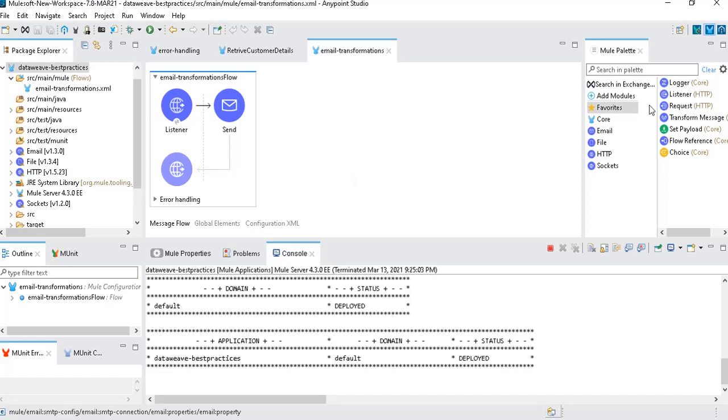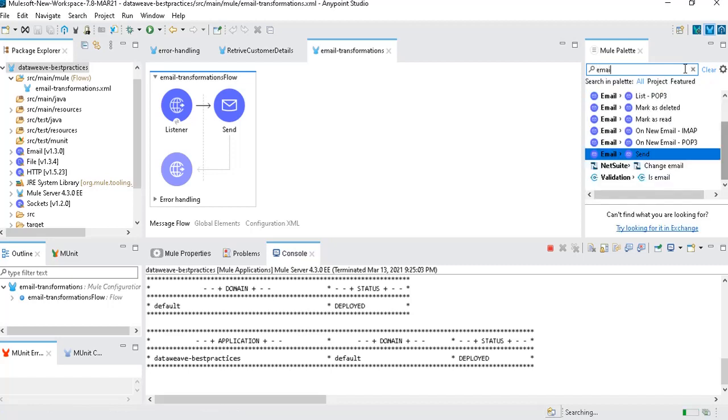To send any email from a MuleSoft application, you need to use the email connector, and in that email connector we have a lot of operations available, because in Mule 4 we have a lot of operation based connectors. If you check with email, you can see send, on new email, mark as read, list.